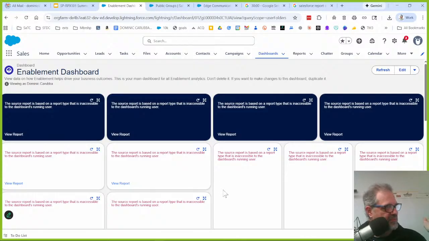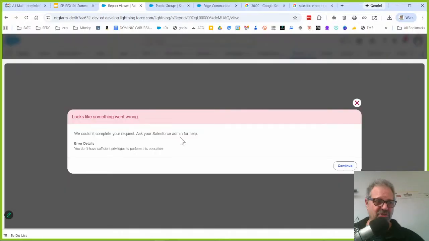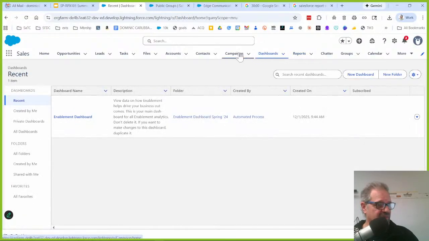So the source report is based on a report. It says type because the developer who wrote this phrase didn't understand what type impact was. It just said based on a report that's inaccessible to whoever's running the dashboard. So I don't know where the underlying report is, but if I try to click on the report, I won't see anything because I don't have access to it, which is why, even as an admin, the way they set this up, because these folders, the report folders,